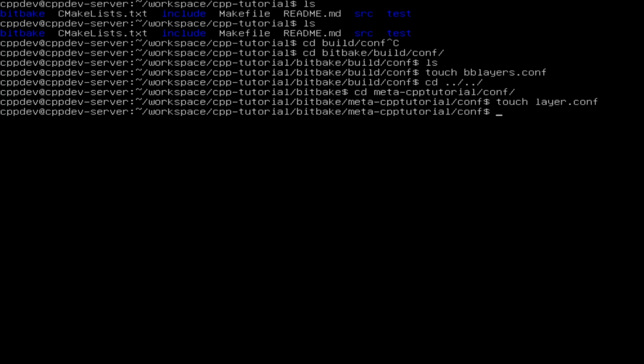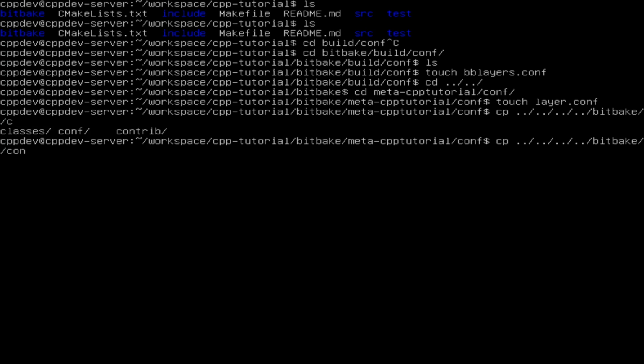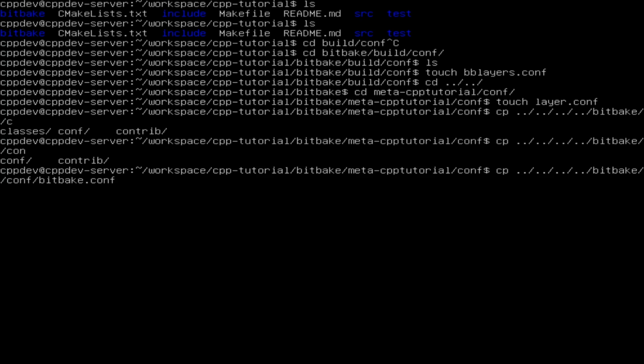At the moment, for bitbake.conf and the base.bbclass we are going to use the ones from the Bitbake installation directory. So we are going to take bitbake/conf and take the bitbake.conf and add it here.